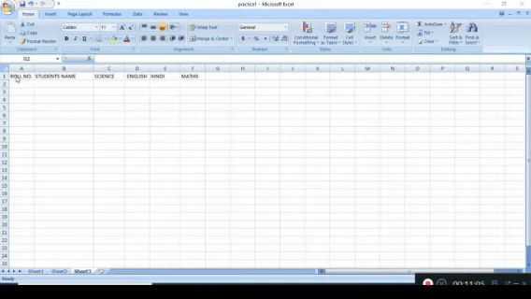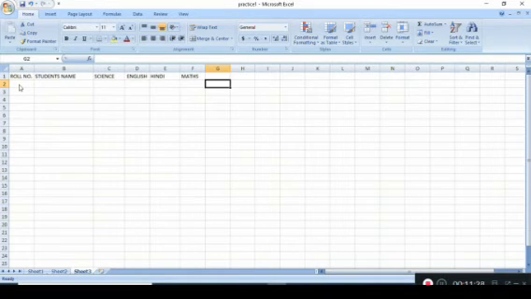First is the roll number of the student, second is student name, next is science, meaning I am going to write the marks of the science subject, then English, next Hindi, and at last maths. So this is the small structure of our data.